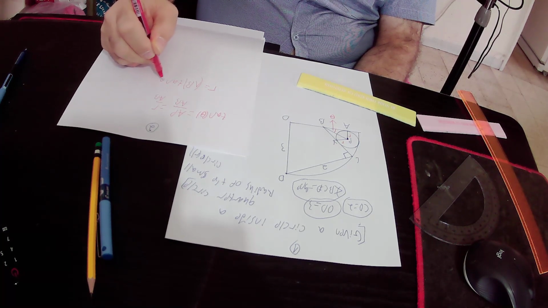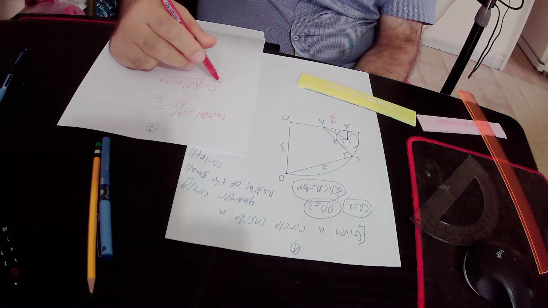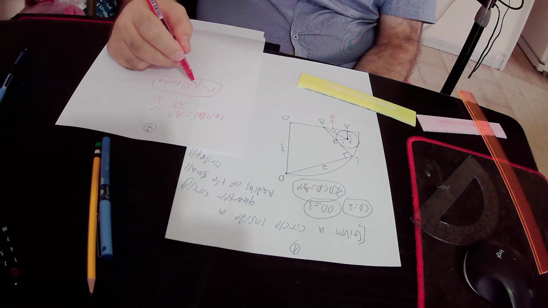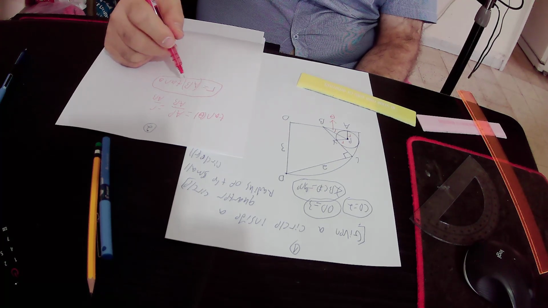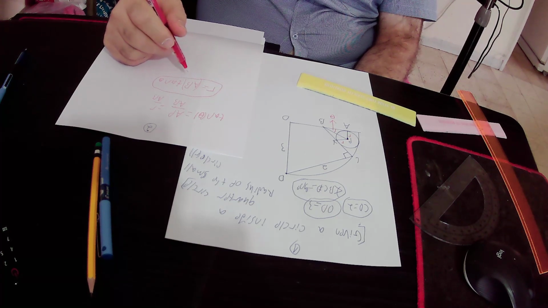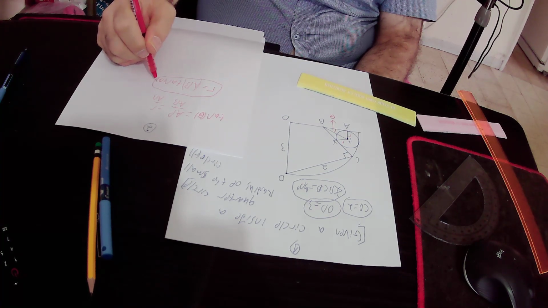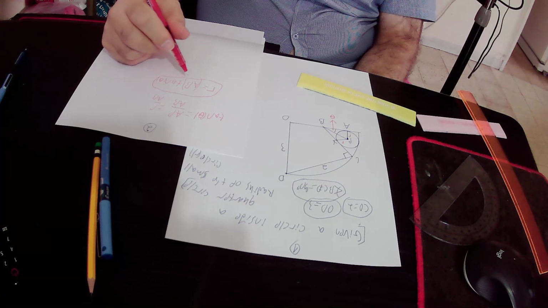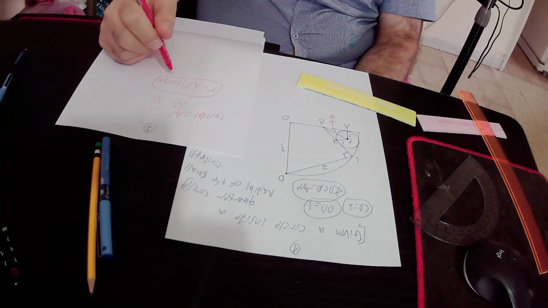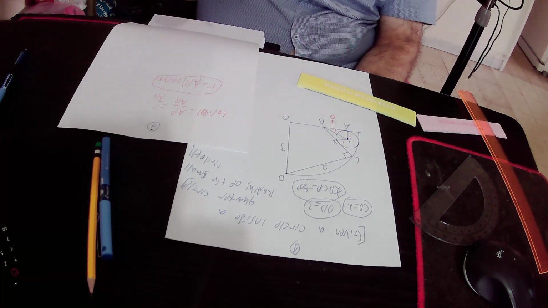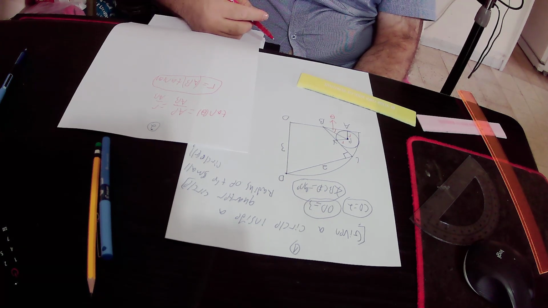So in order to find out the radius of the small circle, we have to find out the value of AB and the value of tangent theta, and then we will multiply one by the other. We will multiply AB by tangent theta, and this will be the radius of the small circle. Okay,